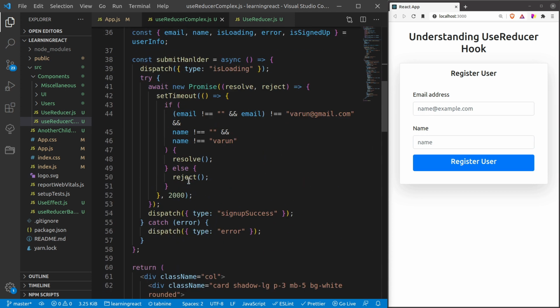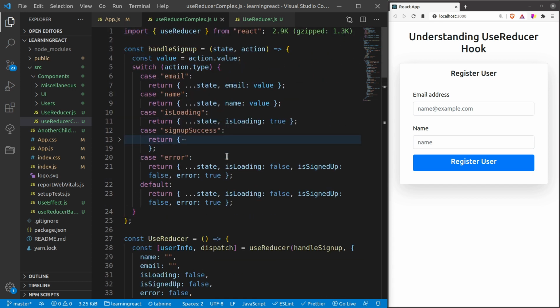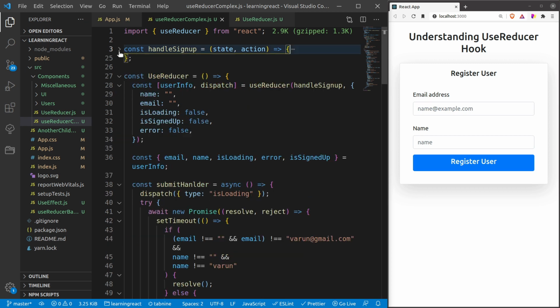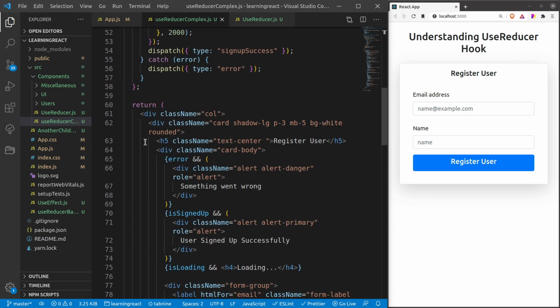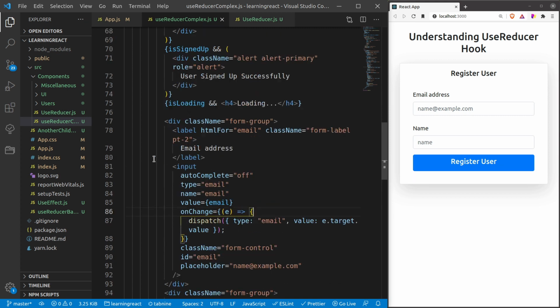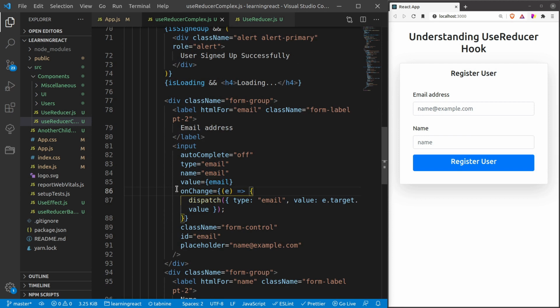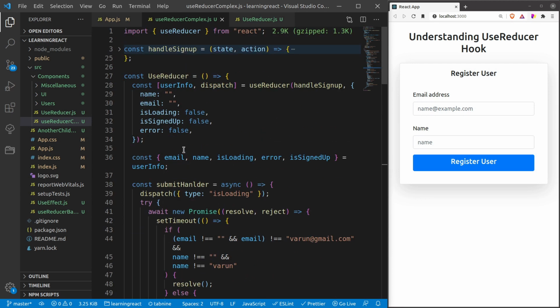All right. So you can see that in my component, all the state related things are handled in my reducer method, right? Similarly, earlier there was an onChange handler, and now we have removed that code of the onChange handler and we have put that logic inside my reducer itself.